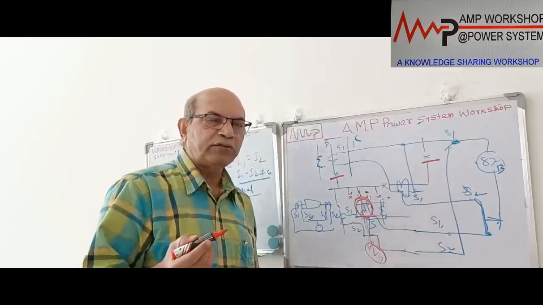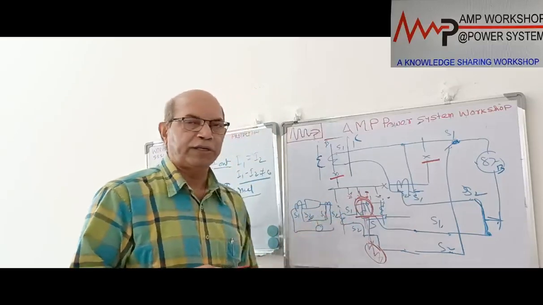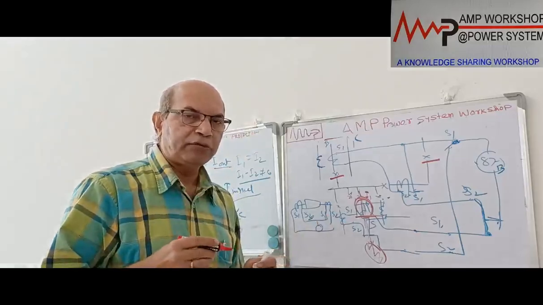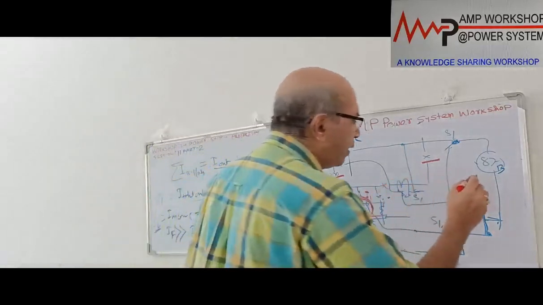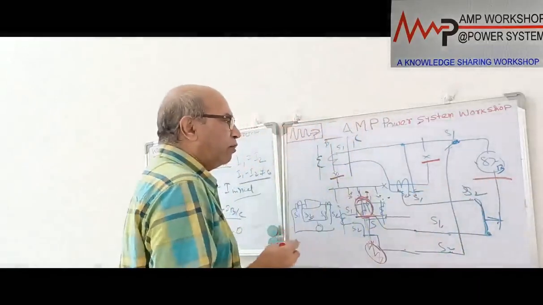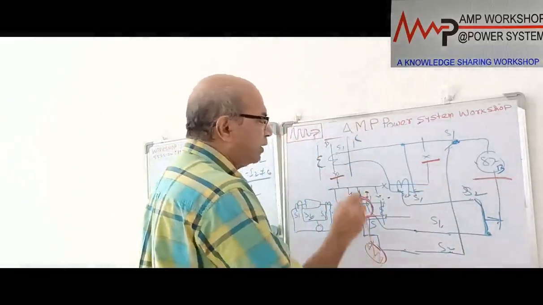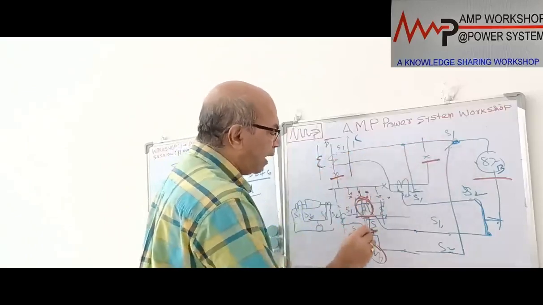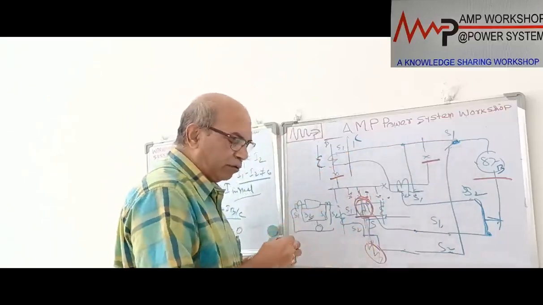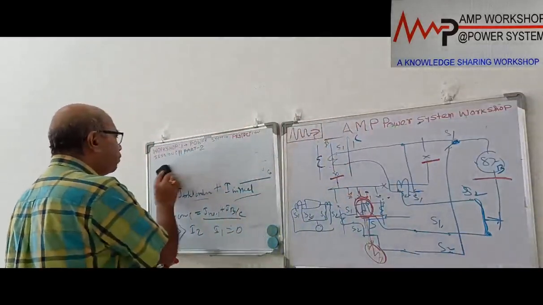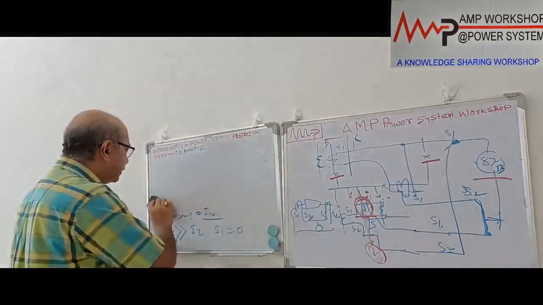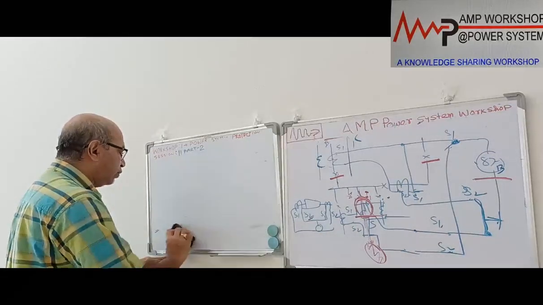When the CT gets saturated, it will not provide any output current. That means it will not transfer the input current to the output current. Then this 87B will be unbalanced. In that case, what will happen? The fault is outside, the incoming current is there, but the outgoing current is not replicated, because you know that the CT will reproduce the current when the magnetization is in the linear zone.